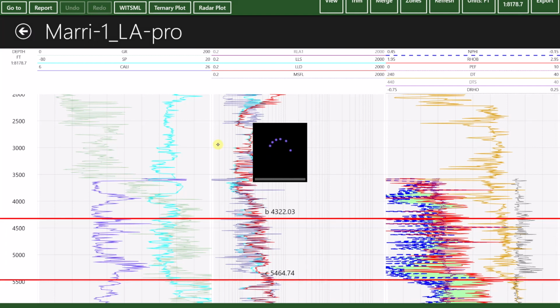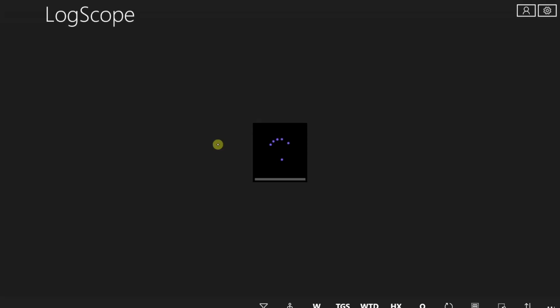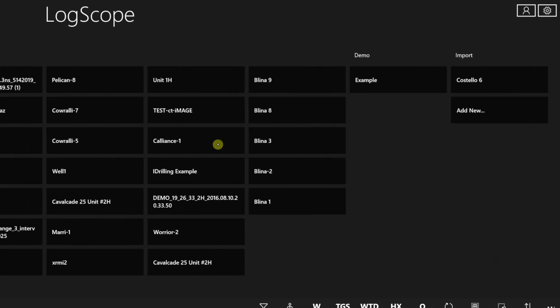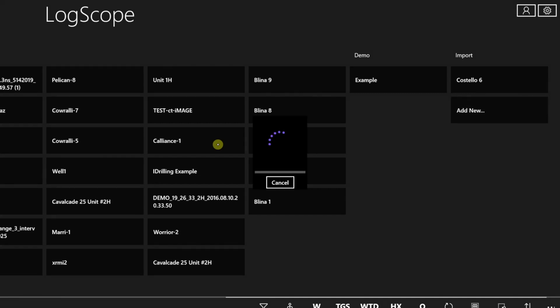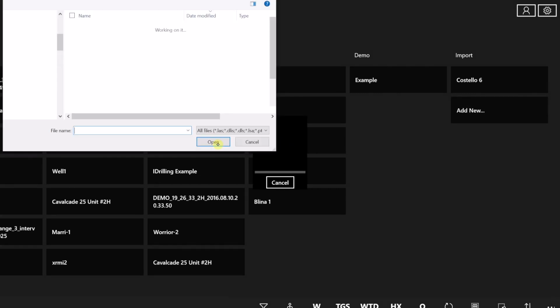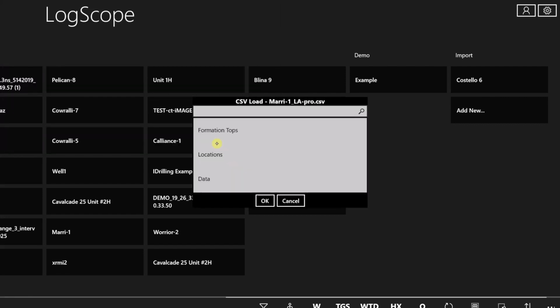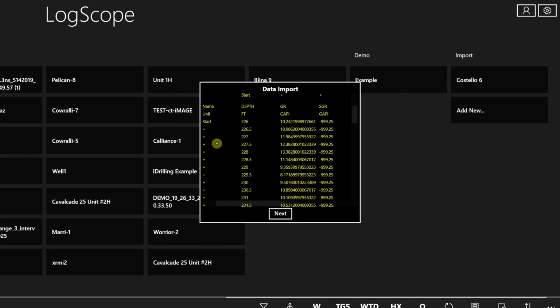Now we then exit out of this well, and we'll load the well Mary 1 as a new well. So we just go to add new, and we grab that as a CSV file. We're going to say it's data,